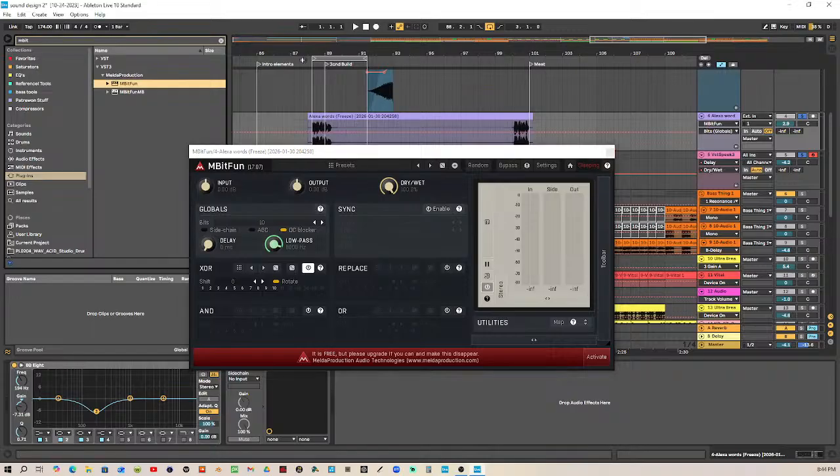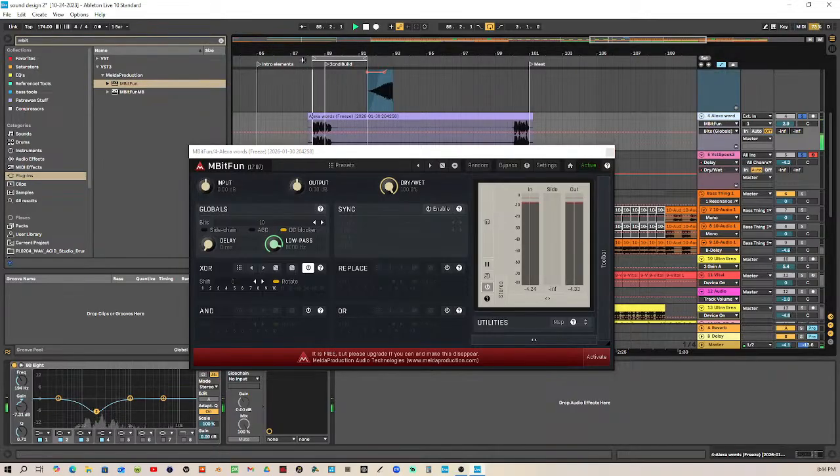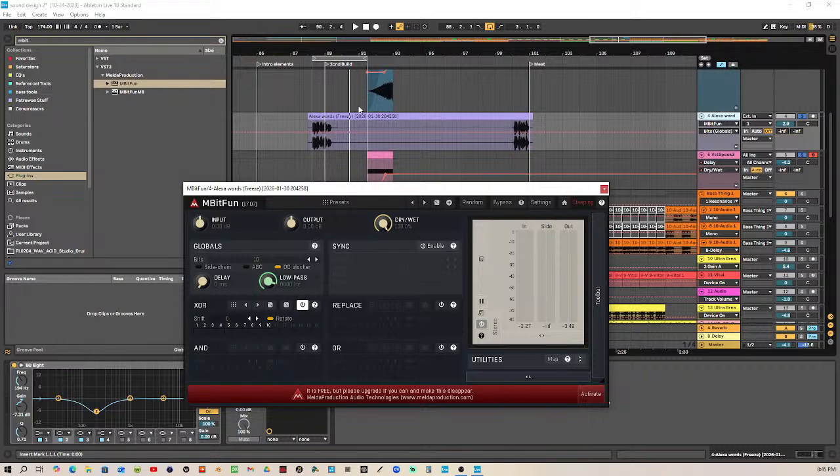There we go. Huh, interesting. Okay, so that didn't do anything. Okay, I don't even know how to use this. I've never used this one before. So this will be kind of cool.